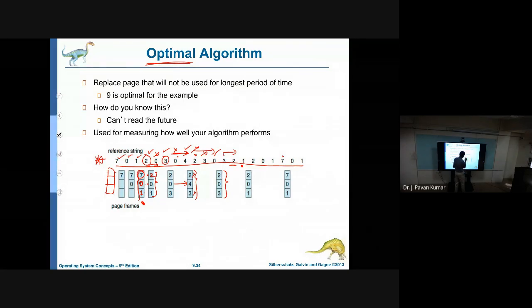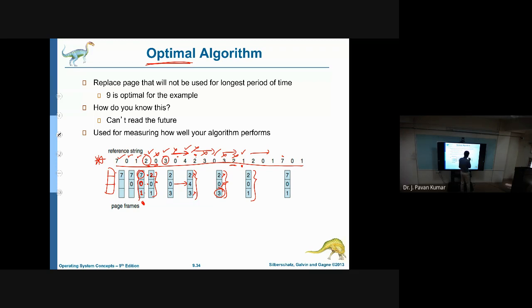Next, now we are at 3. 3 means no page fault. 2 means no page fault. Next 1. 1 means again page fault will occur. In this particular one, we have to see the forward direction, in the future, how we will be referring. 2 we are referring immediately after 1, so we will not choose 2. Next 0 we are referring immediately, so we will not choose 0 also. 1 we will be referring, okay. 7, 3 we don't have 3 at all, so 3 we will be selecting to replace. So the contents will be 201.